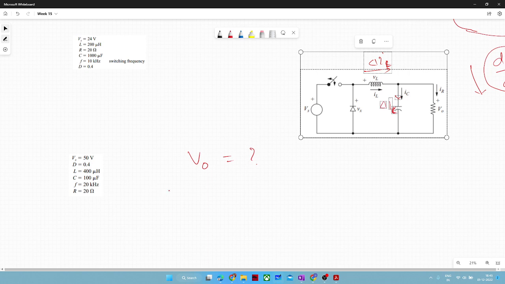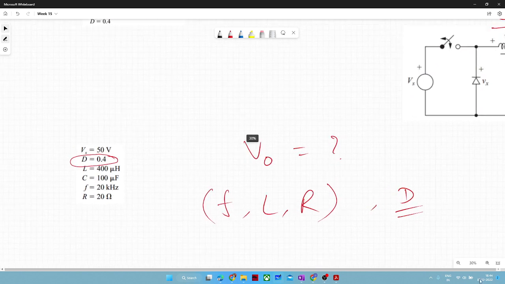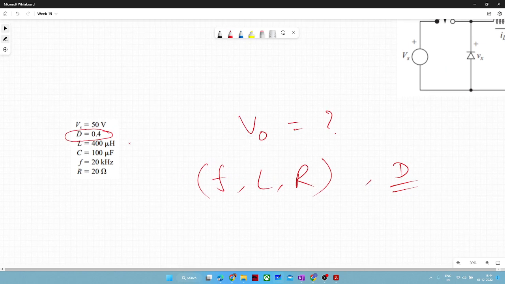And in discontinuity, if you want to check whether your circuit is continuous or discontinuous, you just need three things: F, L, R, and of course, if you are trying to find it in terms of D, D must be given. If you can easily see, let me just zoom it. L is given, F is given, R is given, and D is given. So everything is given here. Now you can easily calculate D1 in terms of D, and that is nothing but